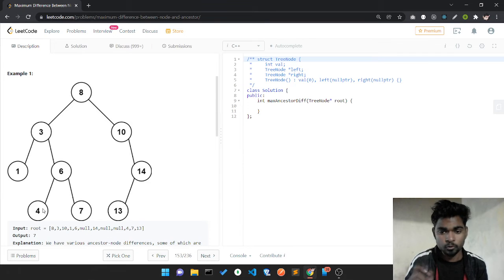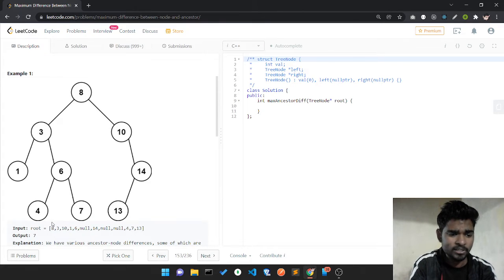We also want to make sure that what we pick as A and B, one is an ancestor of the other. So we can pick 8 and 1 because 8 is an ancestor of 1. We can pick 3 and 7 because 3 is an ancestor of 7. But we don't pick 4 and 7 because 4 is not an ancestor of 7.